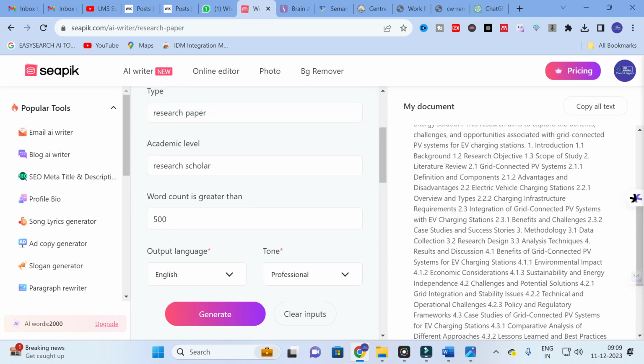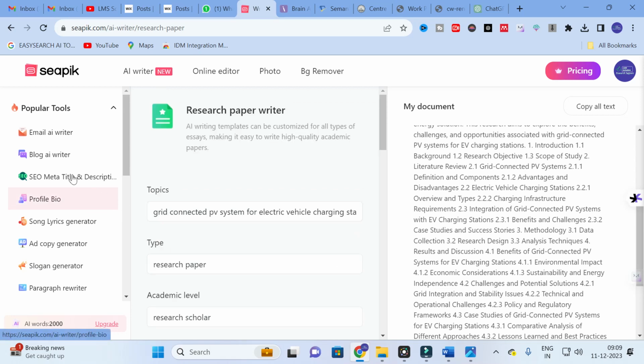If you want more details regarding the particular research paper, you can increase the number of words, as here only 2000 words is for free. In order to explore, I have given just 500 words. If you are interested in the content created by this Seapik, you can go for the subscription option and give more number of words, for example say 5000 or 6000 words. It will generate even the content for your research paper also. So apart from this,